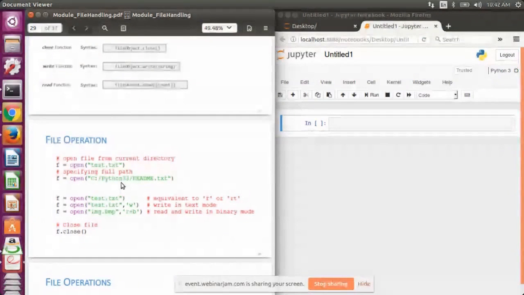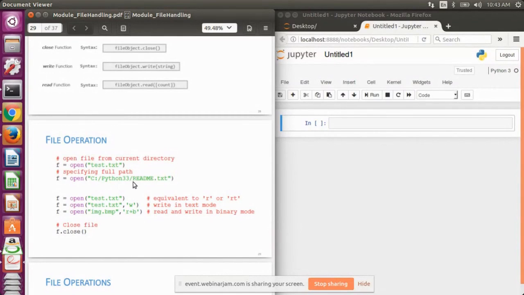So in my case, if the test file exists in the D drive, then I will write D colon slash test.txt. Simple.